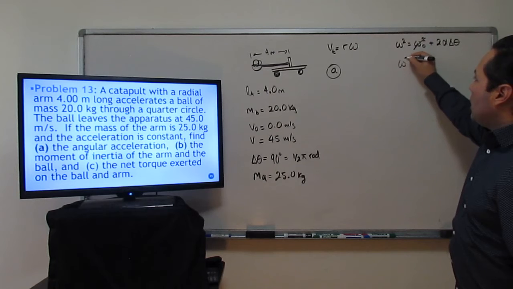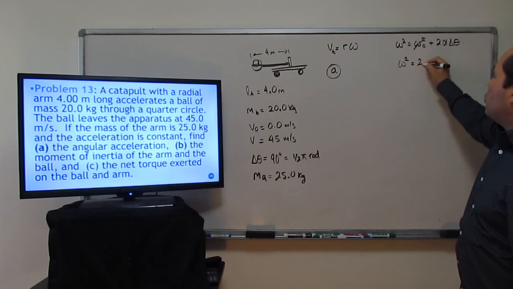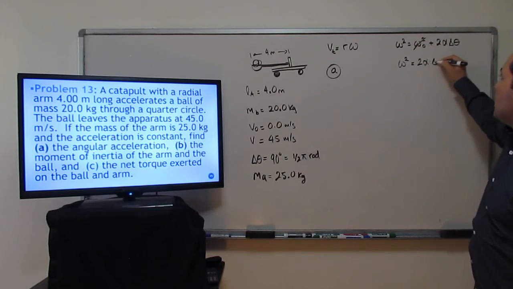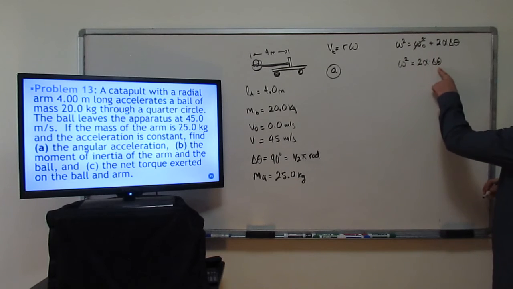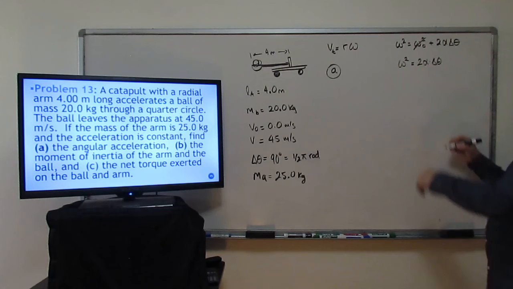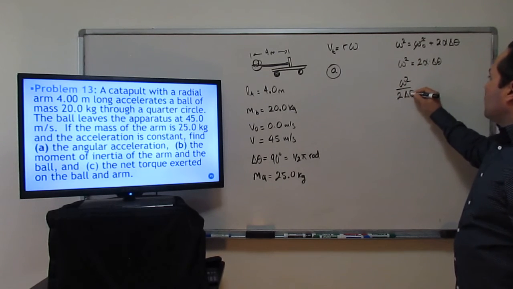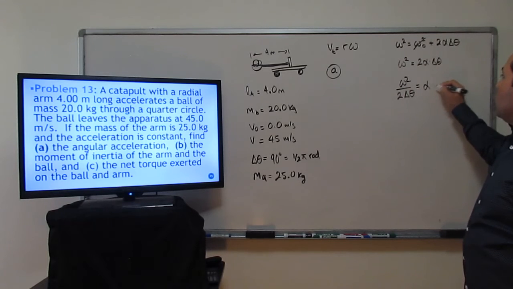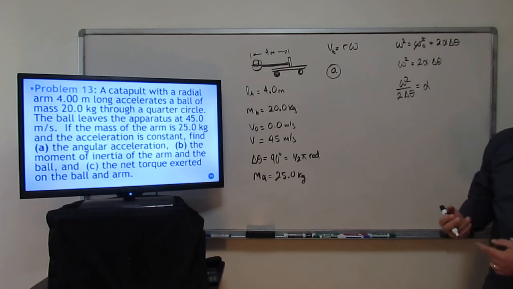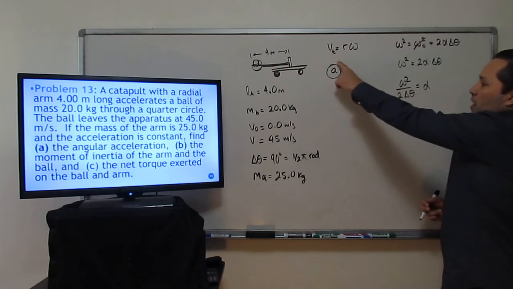So it's going to be angular acceleration is equal to 2 alpha multiplied times the angular displacement. I want to go ahead and divide by 2 and the theta on this side. All right, that will give us the angular acceleration. Next for us, how do we get this